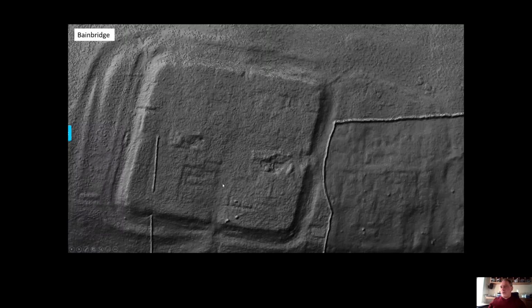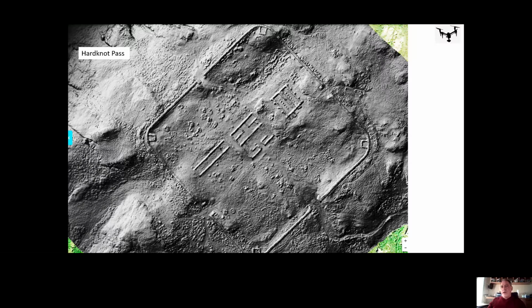Similarly at Bainbridge, another Roman fort. Got the extension to the fort over here with various buildings showing up. A great square enclosed building there. And inside the classic fort, the small fort here, again, lots of buildings showing up using the elevation mapping techniques that we've talked about. And the same again, Hardknott Pass, if you've been there,